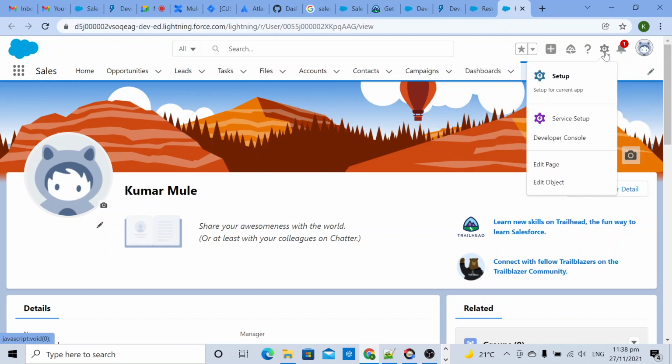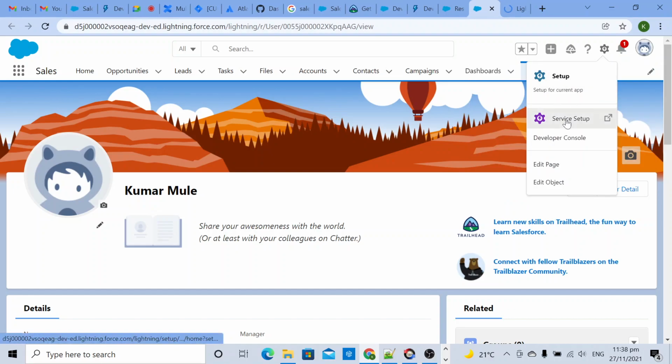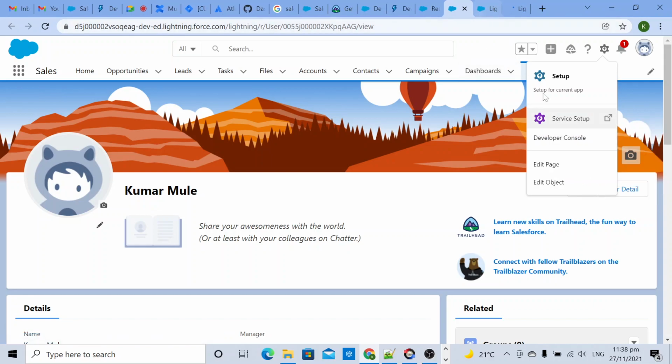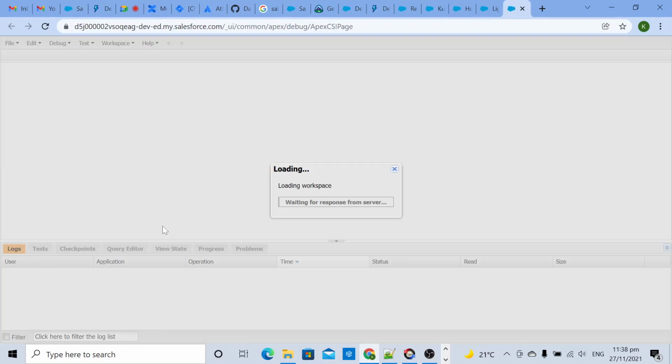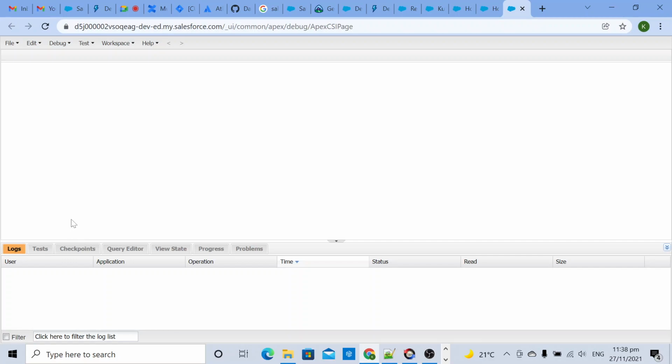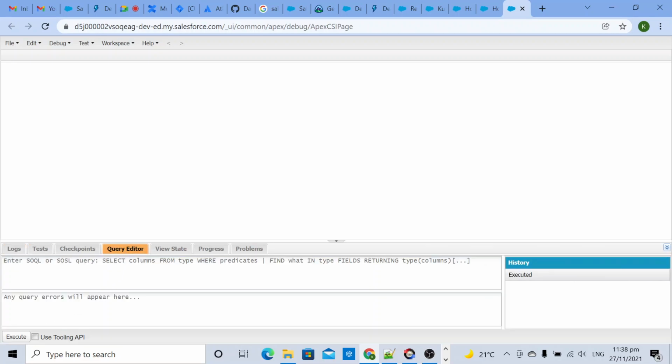You need to go to this setting and click on setup. Developer console I already mentioned. Here you can run SFDC query and you can get results.